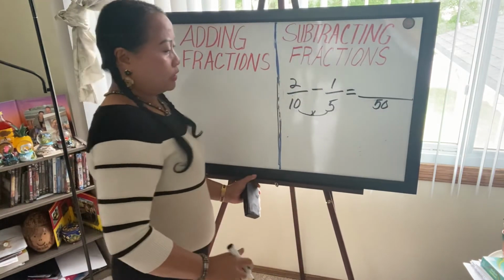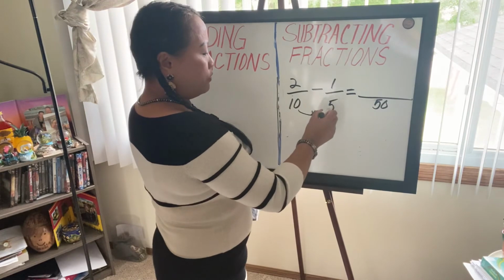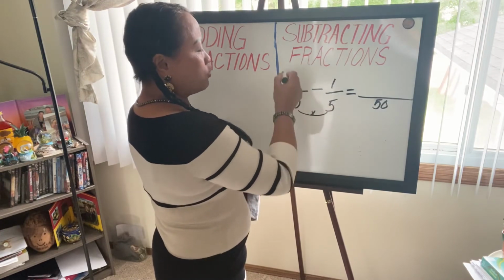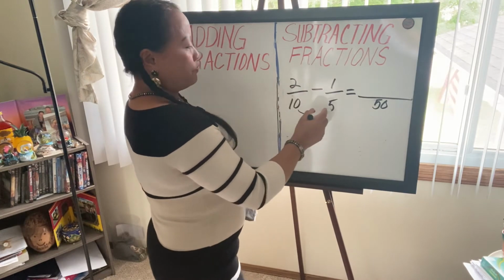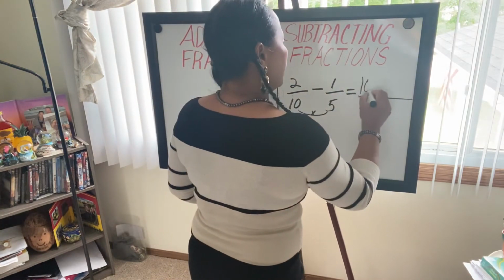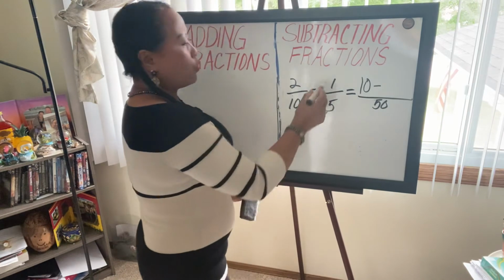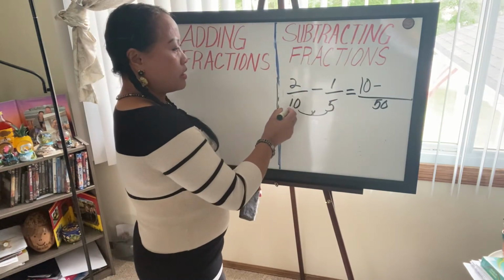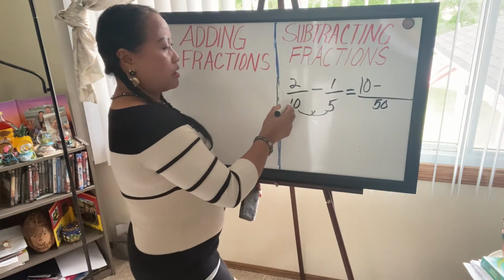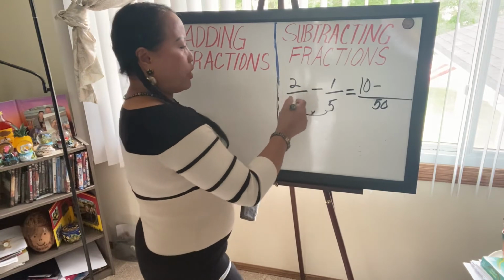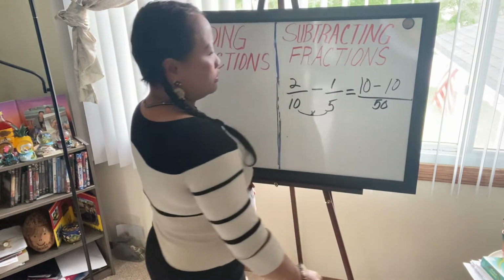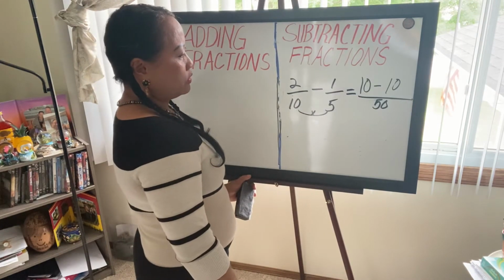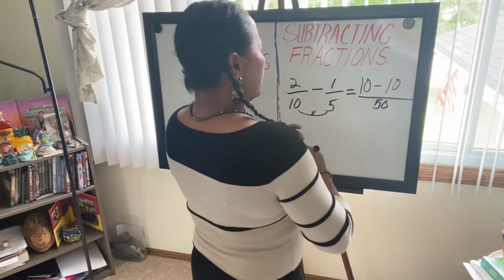So, after that, when you multiply both denominators, you can also multiply diagonally. So, 2 times 5 equals 10. Minus 1 times 10 equals 10. So, 10 minus 10,